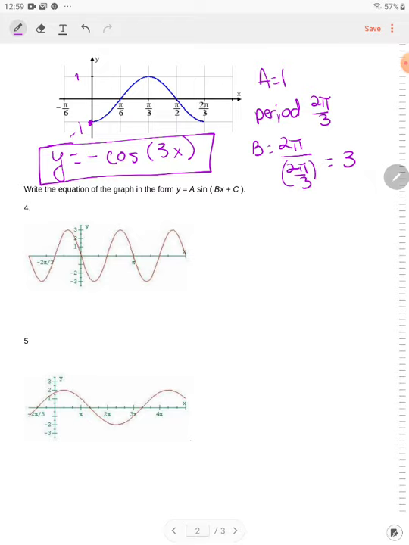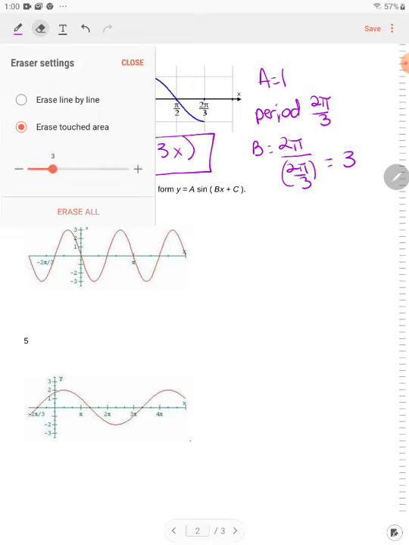Write the equation of the graph in the form y equals sine parentheses bx plus c. So we want a sine equation. Now, it would be hard to start here. We could try to shift it, but I feel like that's a little bit difficult to find that point. So you want to pick points that are very clean. And if you notice, if we start here